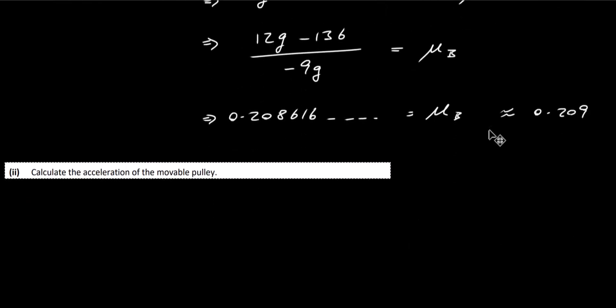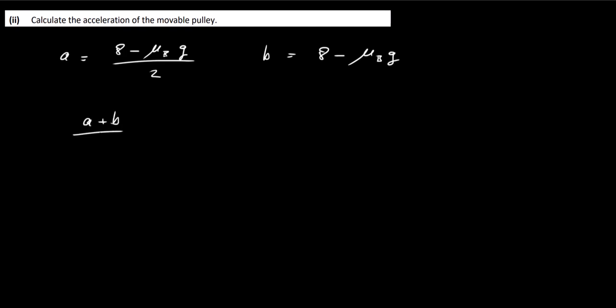Okay, let's look at the next question then. Calculate the acceleration of the movable pulley. Well, we know the acceleration of the movable pulley is A plus B over 2. So we know that A is equal to 8 minus mu of B times G over 2, and we know that B is just 8 minus mu of B times G. So A plus B over 2 then is just 8 minus, so it's mu of B,